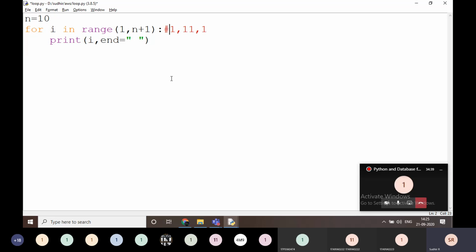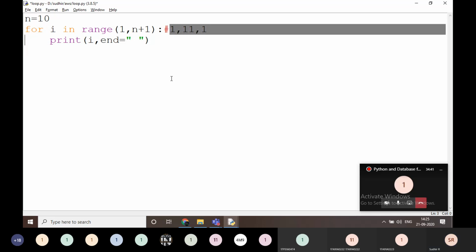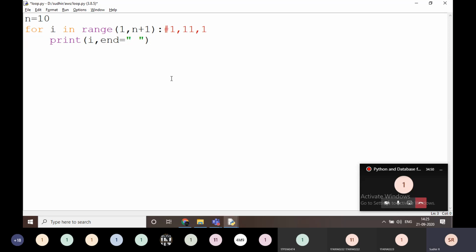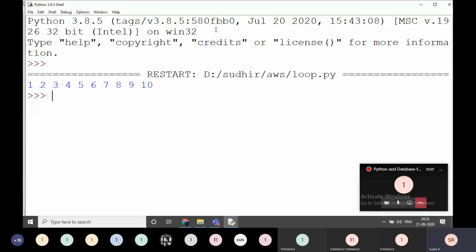First value is the initial value, n plus 1 is the last value, and the default increment and step count is 1. Yes, 1 is positive, so it is treated with a less than symbol. Now instead of starting from 0, I am replacing the initial value with 1 here. If I execute it, there is no 0 here. It is going to print from 1 to 10.